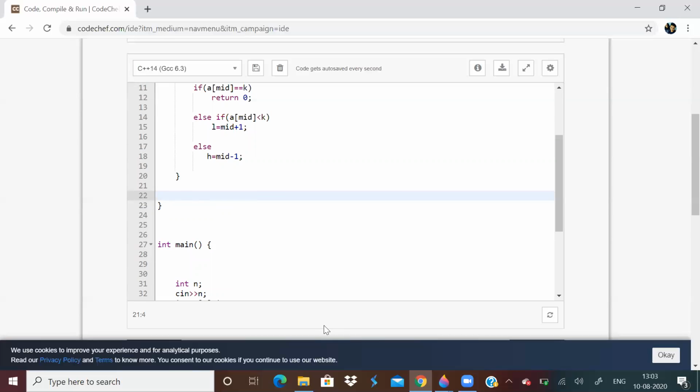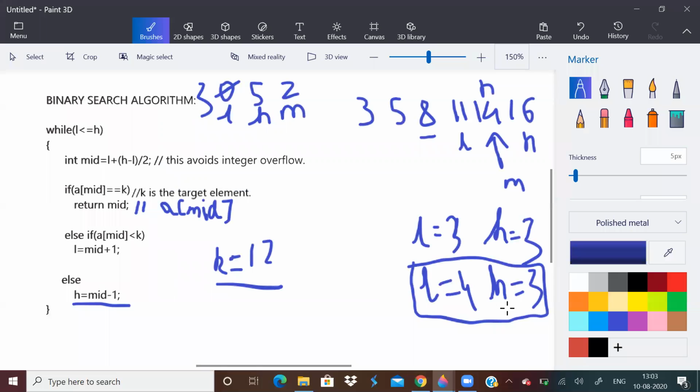And when this condition is false, that means we have got the indices. We have got the neighboring element indices.